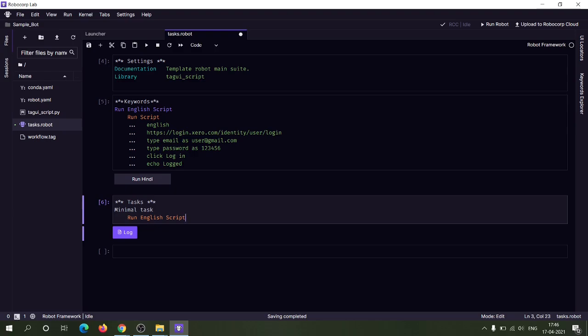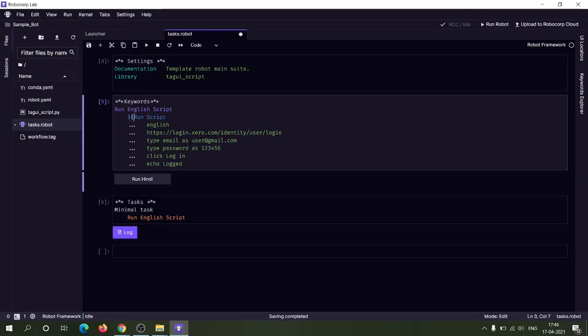So to store this logged keyword, we can specify a variable here. Let me specify a variable, output. So this output is actually a list variable which will store the output of this Tag UI script, which is being run by using the run script keyword.